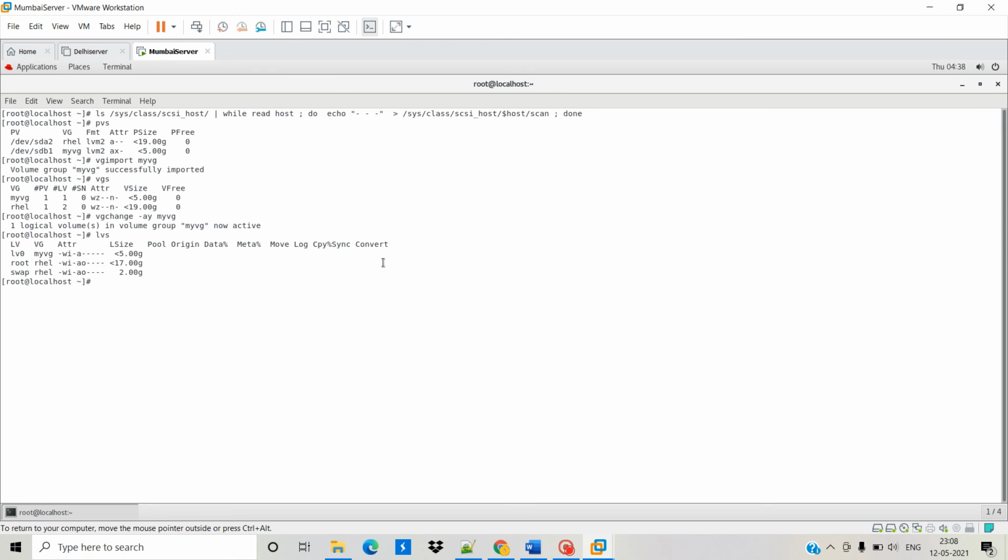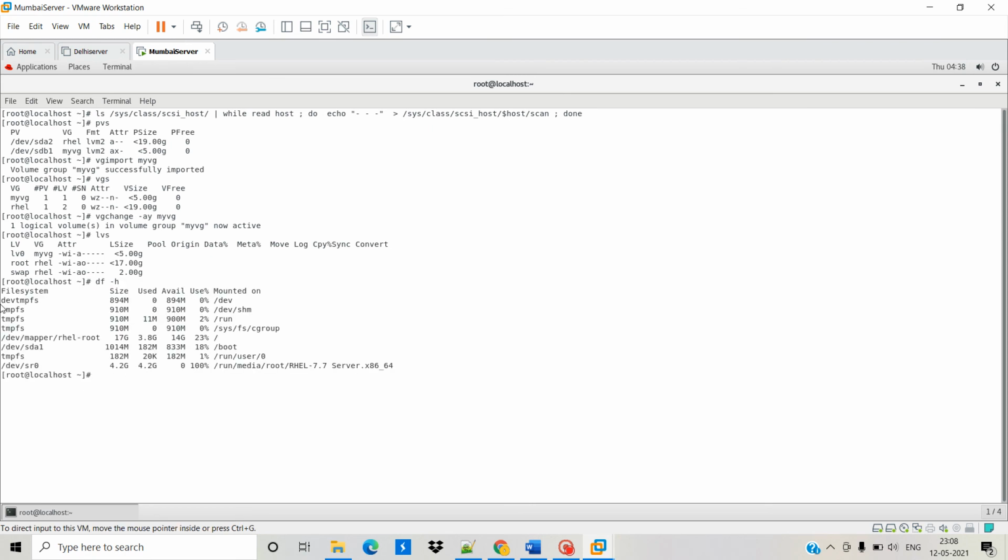Now df -h. You can see there is no file system because we haven't mounted yet. So here I am going to create one directory: mkdir and your directory name, migrated.